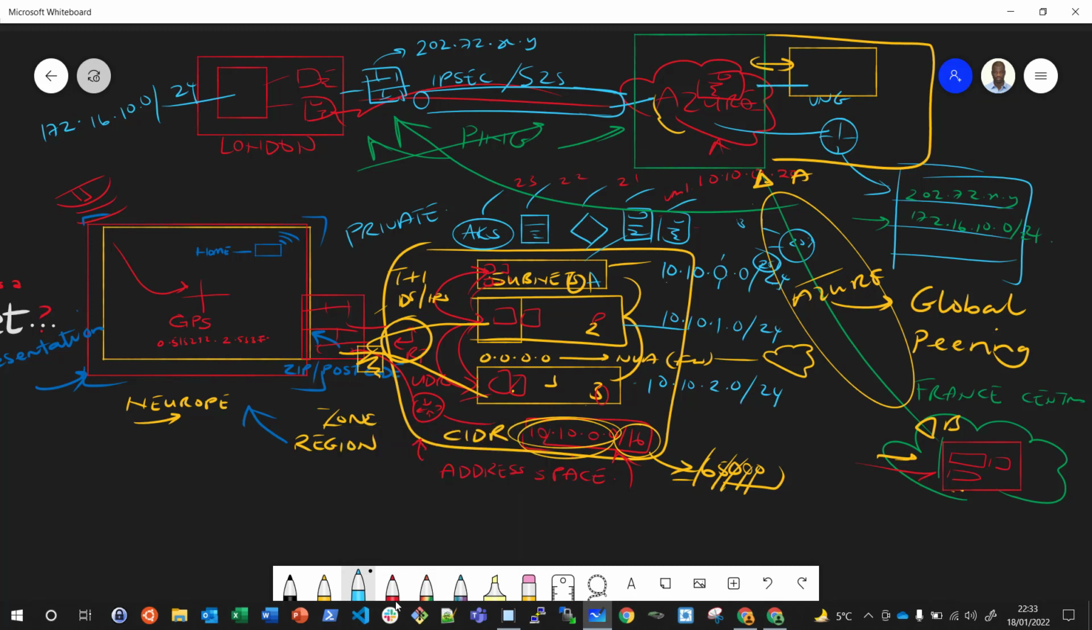So between these two, you have to establish a connection. Now we call this one here peering. It's a VNet to VNet peering. Okay, so that's peering. And then between your company, which is in London,